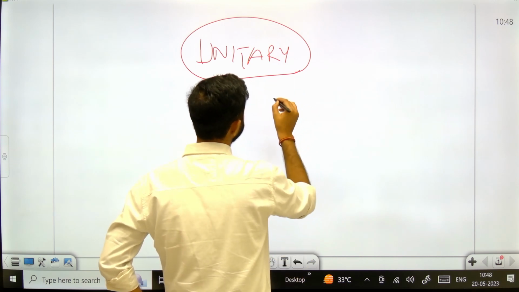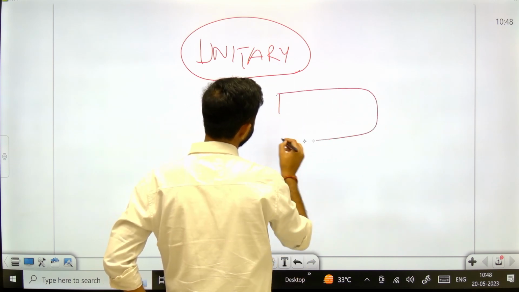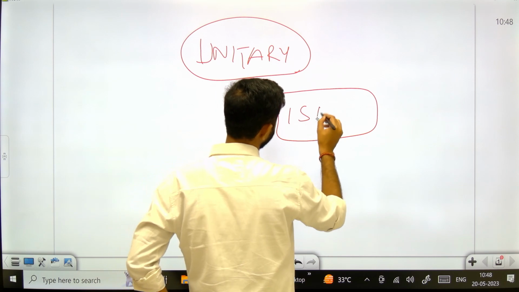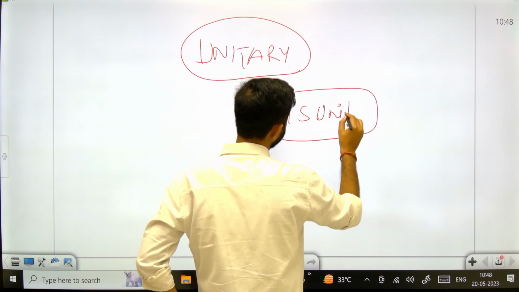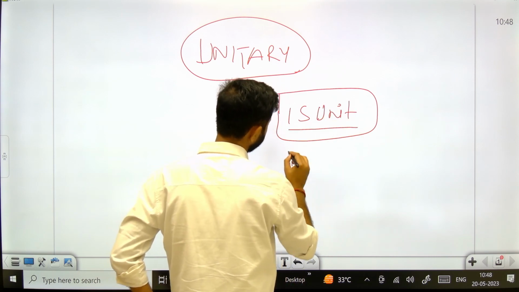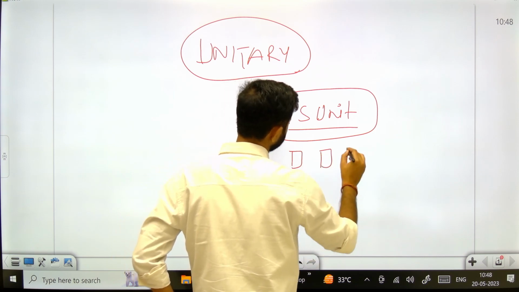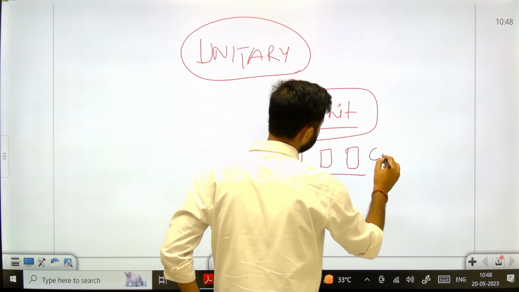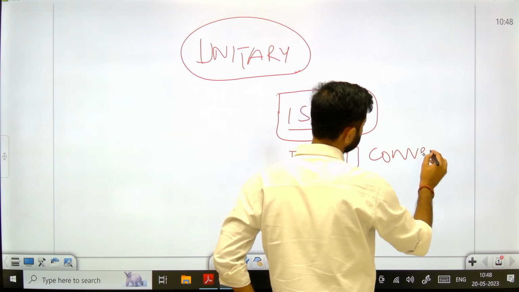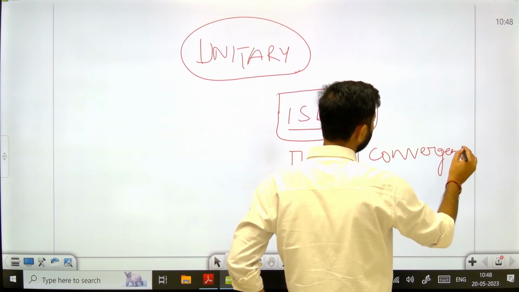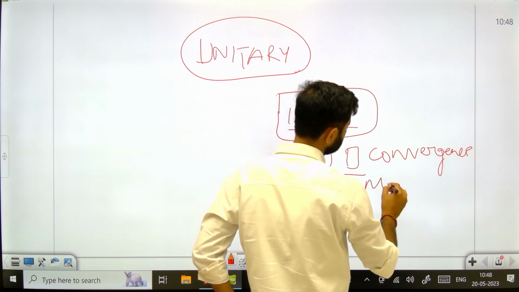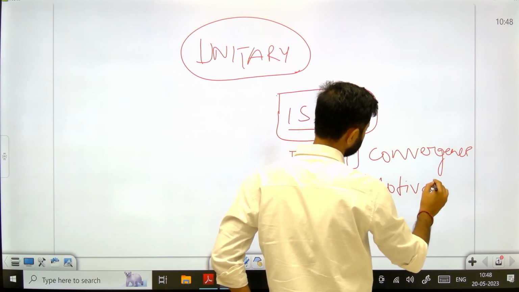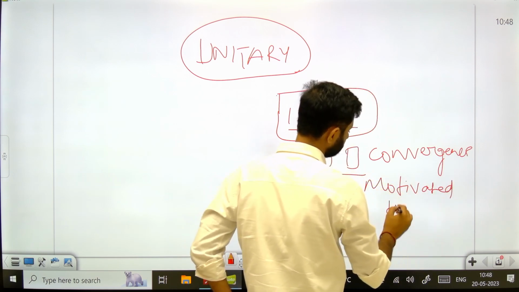They treat the whole industry as one single unit, the whole company as one single unit, where each and every stakeholder is working in convergence. All are motivated, all are happy,